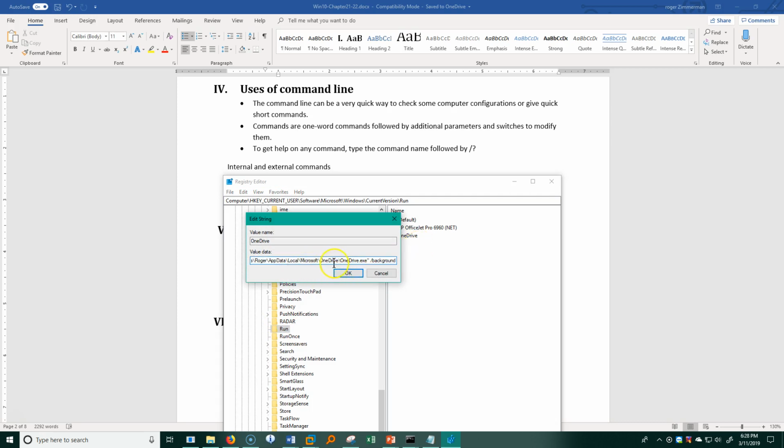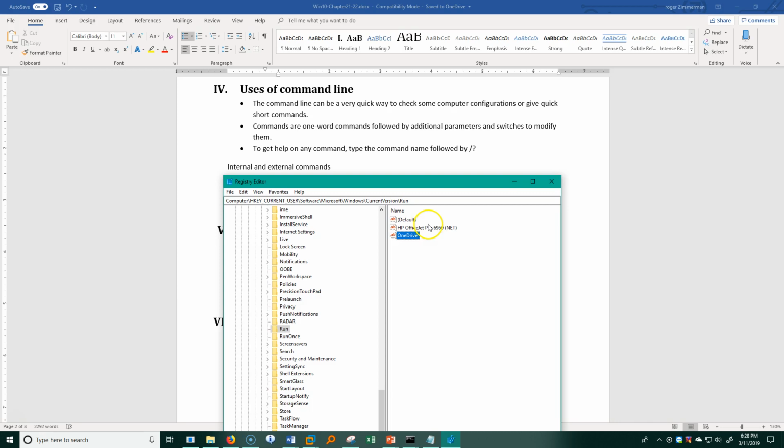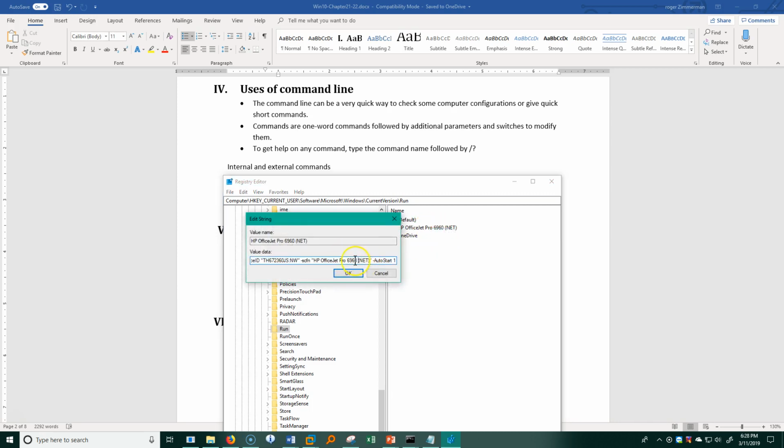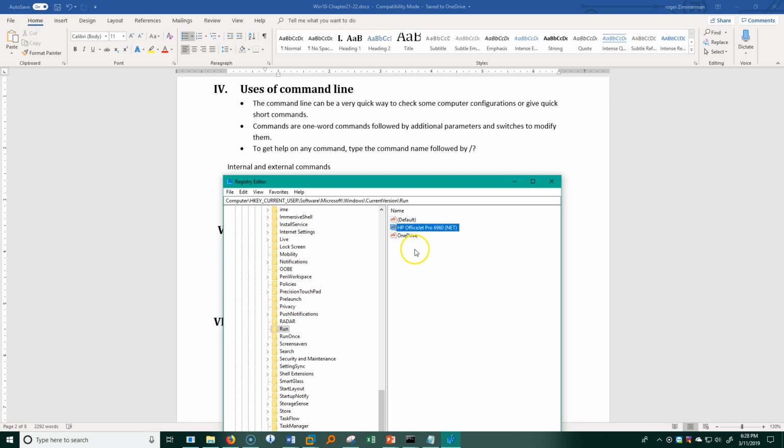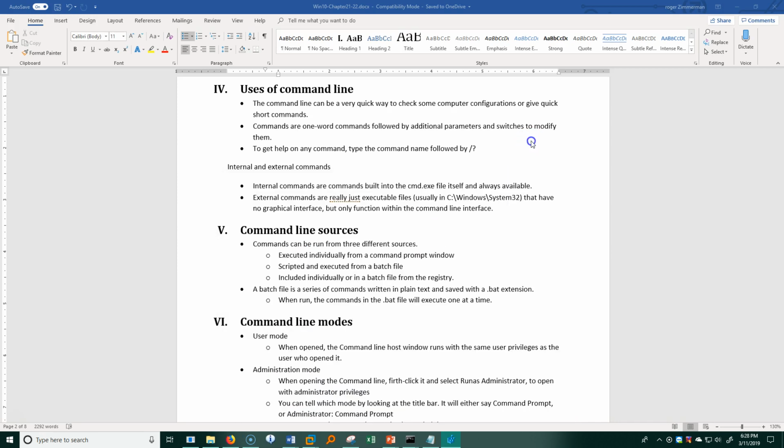Now in this particular case, it's executing a command called OneDrive. So you can see I can actually execute a command right here in Run, and every time I open Windows, every time I run it, it's going to run a file. And I could have it run a batch file if I wanted to. I don't have an example in here, but I can run it right out of the registry.